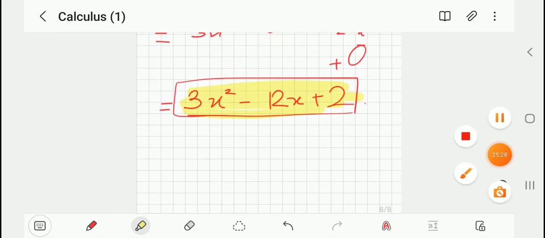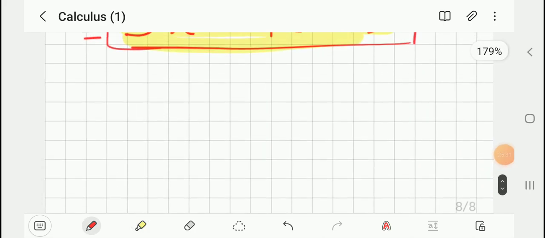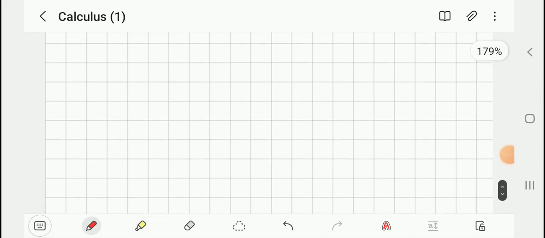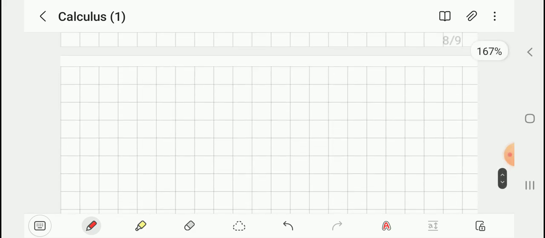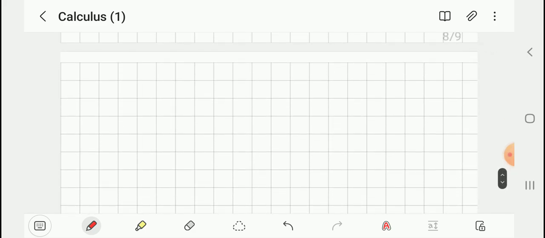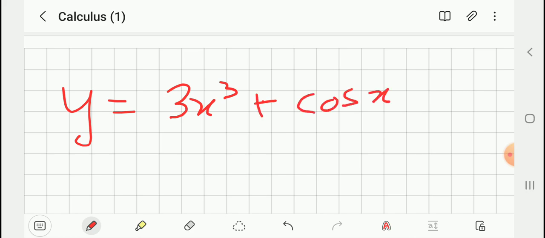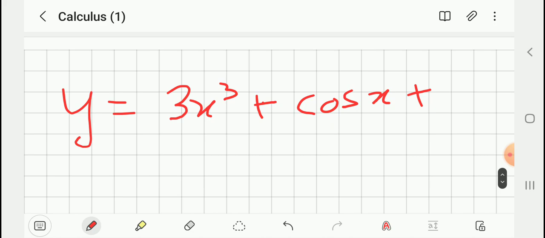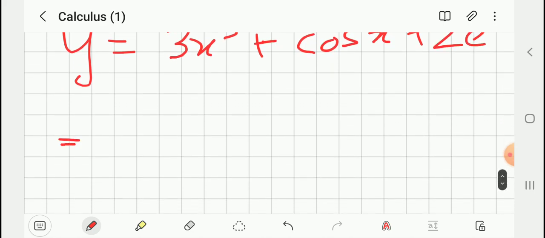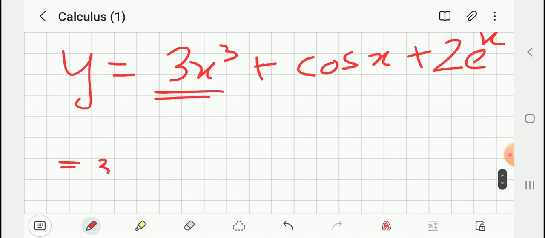Now, one last sum. I'll do the ending sum of this part 1 section. Next sum, let y be equal to 3x cube plus cos x plus 2e to the power x. For dy by dx, in 3x cube, 3 will come out. n is 3, so n comes out,